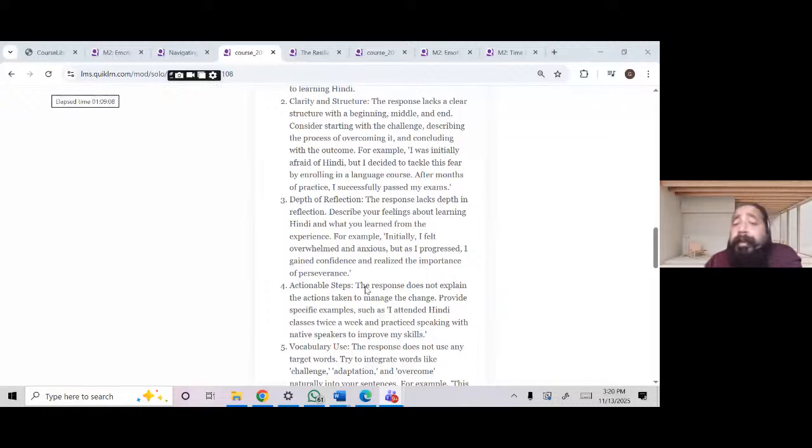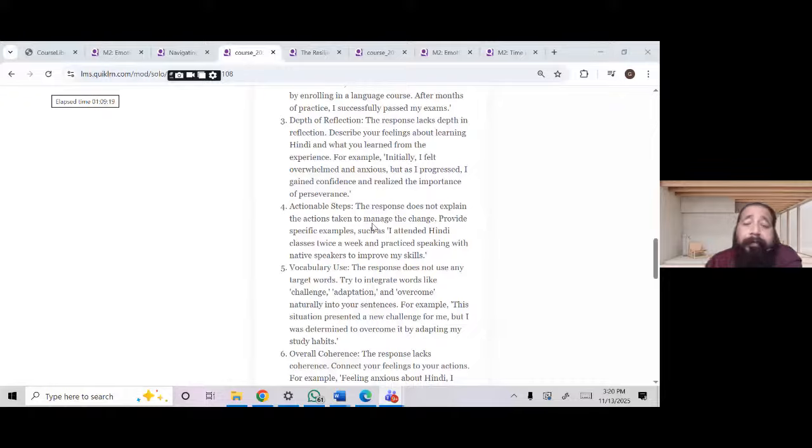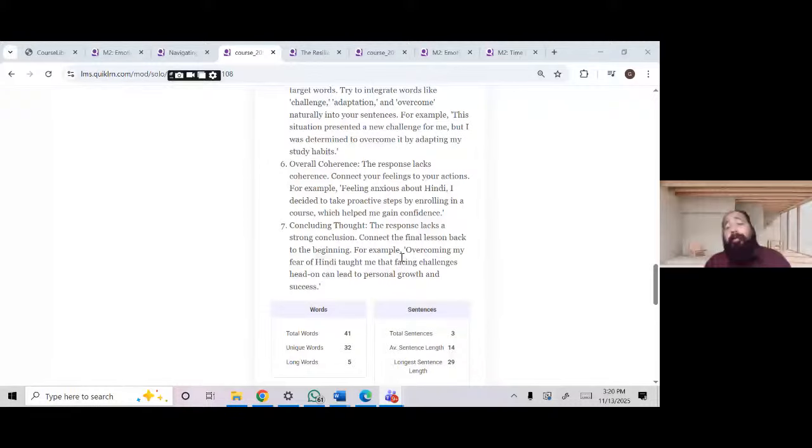Actionable steps. The response does not explain the actions taken to manage the change. So give examples. I attended Hindi classes twice a week, for example. Overall coherence, not so much. We already know it was not that coherent. Concluding thought, the response lacks a strong conclusion. Connect the final lesson back to the beginning. For example, overcoming my fear of Hindi taught me that facing challenges head on can lead to personal growth and